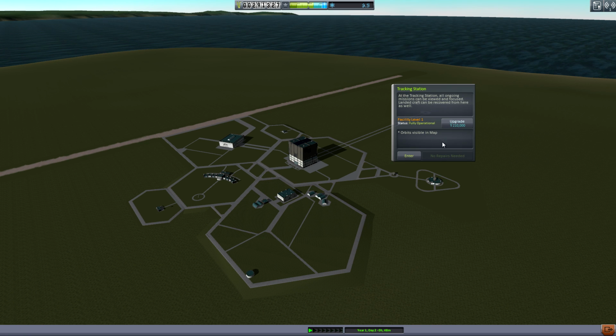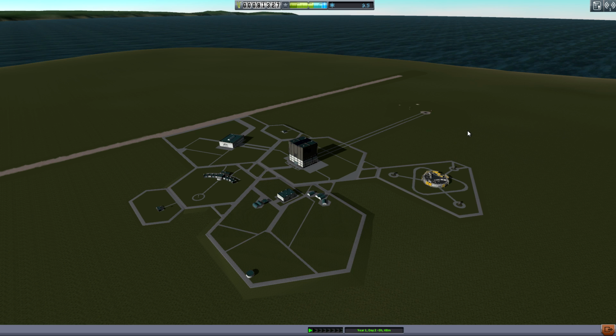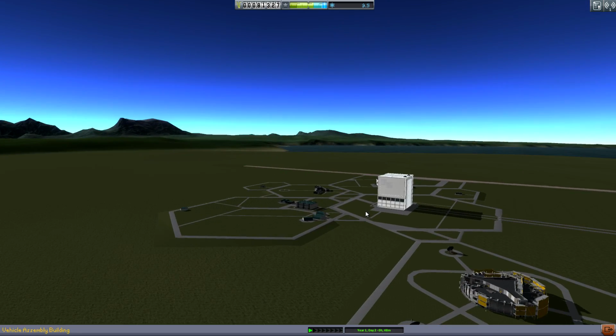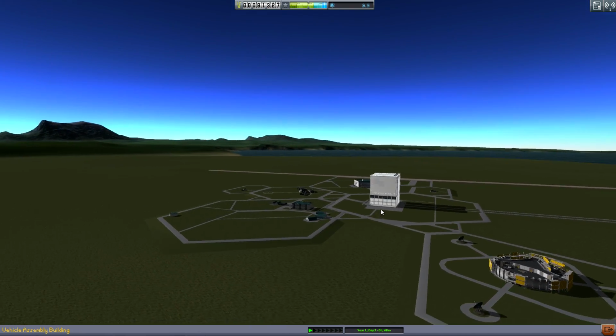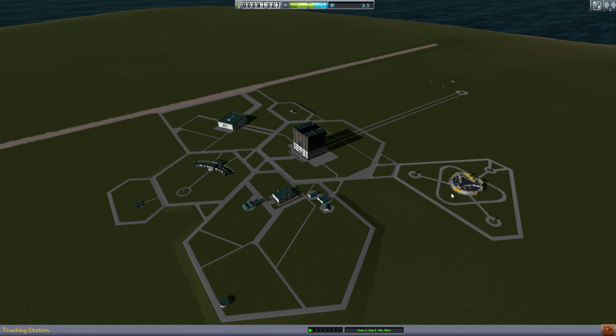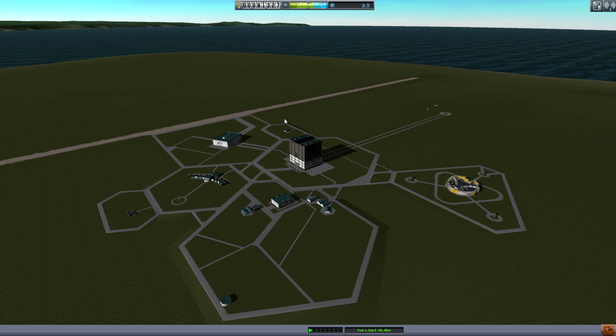We have to upgrade our tracking station, which also enables us to have patch conics. Super expensive, by the way, 210,000 Kerbal bucks. But we need this to be able to go to the moon. Ooh, it's so shiny. Wow, that's cool. I'm gonna look at it, actually. I can't see it very well, but it's looking nice. It's looking good. We need patch conics to be able to go to the moon anyway, so we have 81,000